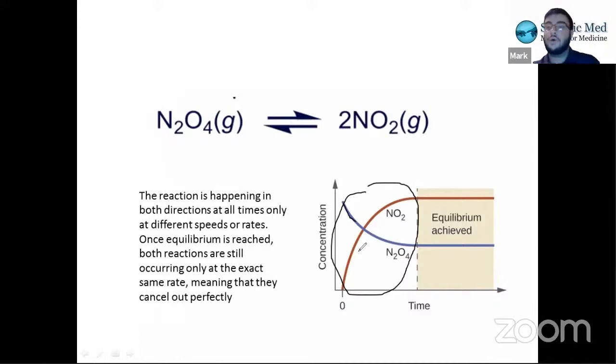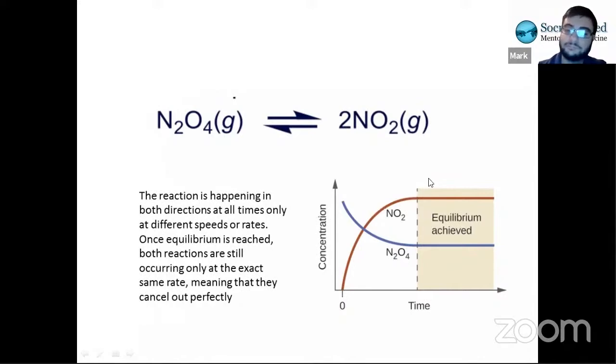And so the overall trend is that N2O4 is being converted to NO2, even though the reaction is happening in both directions. Going back to my example, that would mean something like I walked 10 steps forward and then 2 steps backward. I'm still walking backwards a little bit, but overall I'm still moving forward up until this